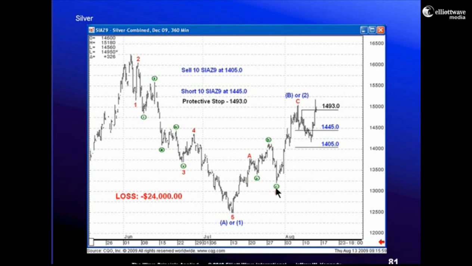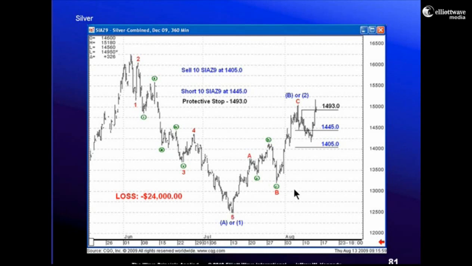For example, look at this advance from this low all the way up to here. It subdivides nicely as a 5-wave move, but the personality of this move is all wrong for wave C of a counter trend move. In this instance, I'm calling this a zigzag. The slope, the angle of ascent in this move is actually sharper than what we initially saw.